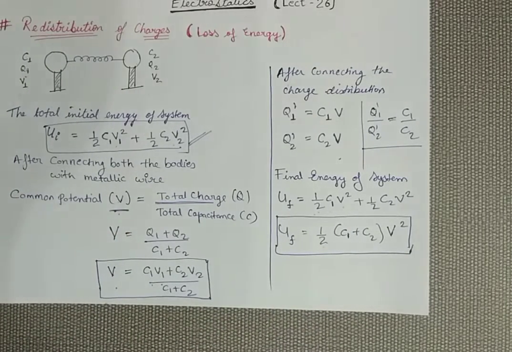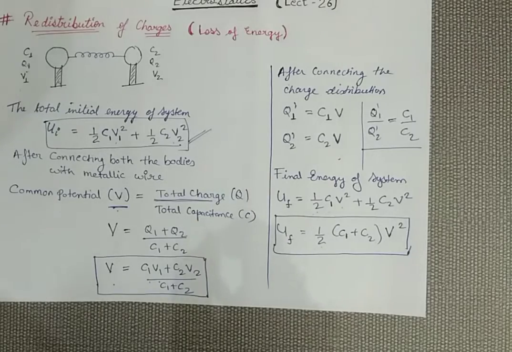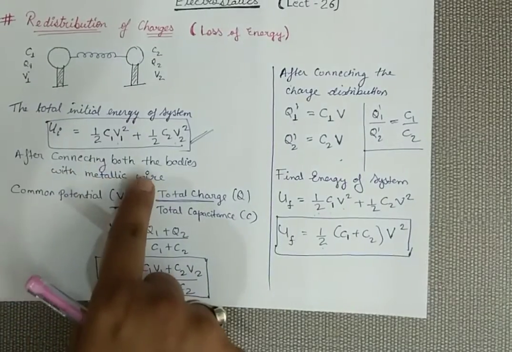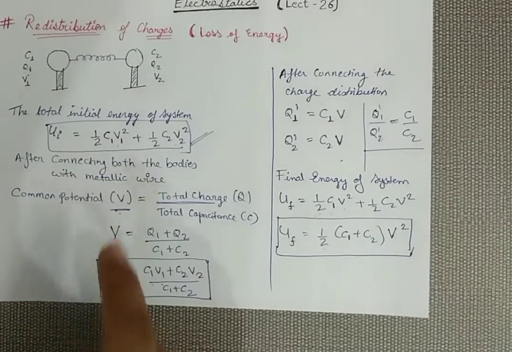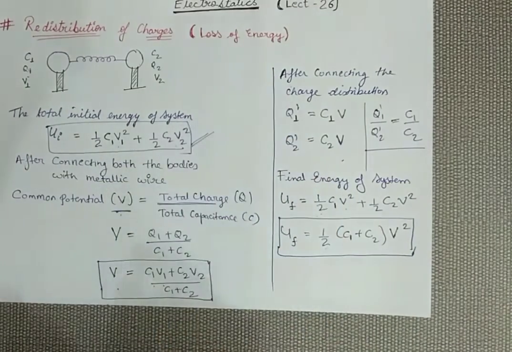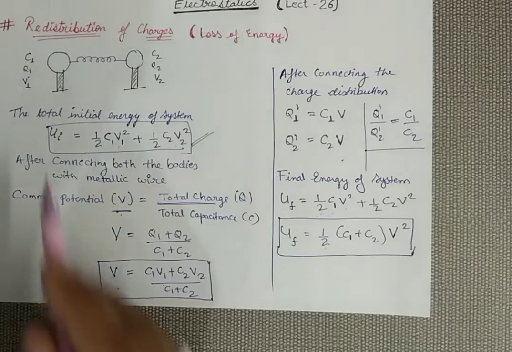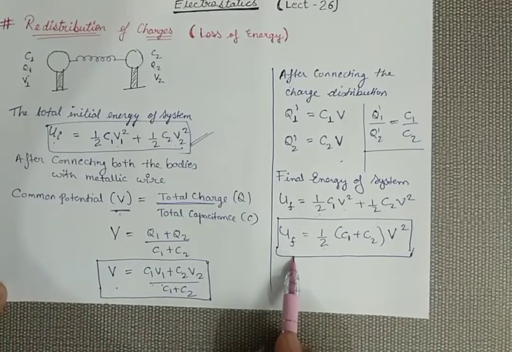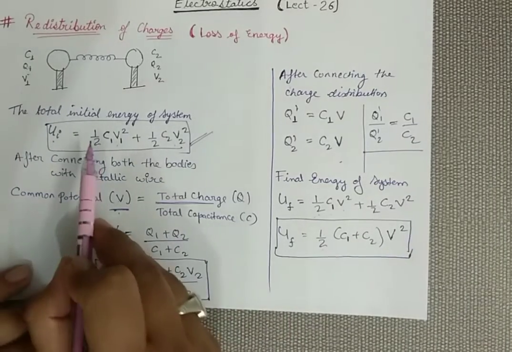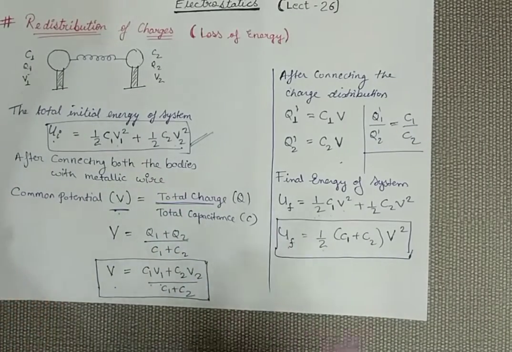Now we are going to see that initial energy is somewhat higher than the final energy, which means there is some loss of energy. When I connect these two bodies with the wire, this wire gets heated up. Now heat is a form of energy. It means some amount of energy is wasted, or you can say some amount of energy gets lost in the form of heat. So I have to calculate that amount of energy. How can we calculate? Initial energy is this much and final energy is this much. If there is some loss, then we can subtract initial minus final. On subtracting these two quantities, you will get your loss of energy.